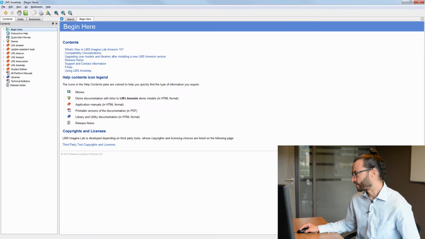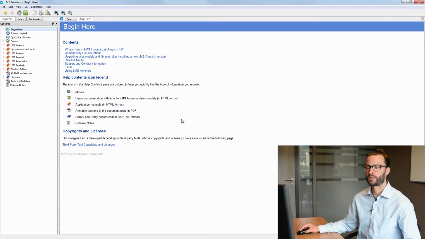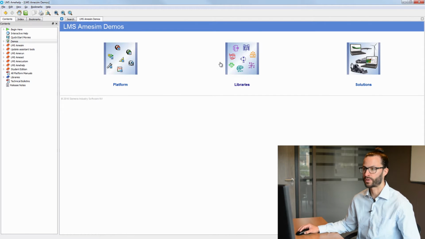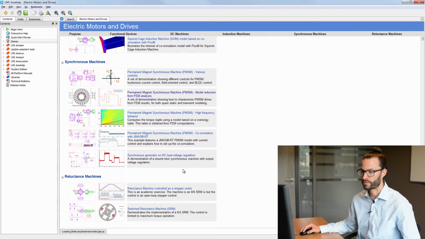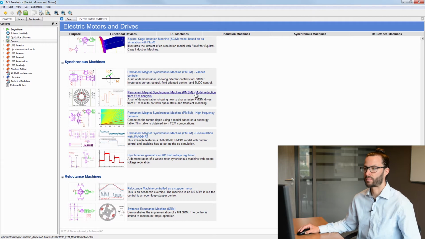How to obtain this data is explained in the demonstration examples of the Electric Motors and Drives library, which we can access through this path. This example explains the model reduction process.